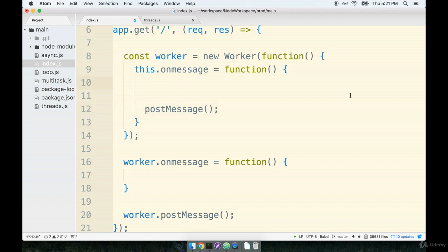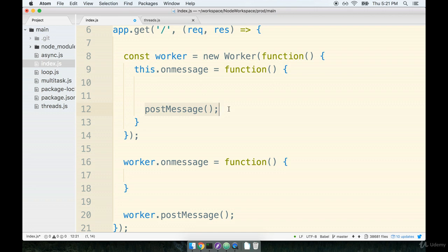So let's simulate doing a little bit of work inside of here. We're going to do a very simple work function. Rather than doing that previous while loop where we wait for some time to pass, we're instead going to make a counter function that counts up to a very high number. And then we're going to return the result of that back over to our running application